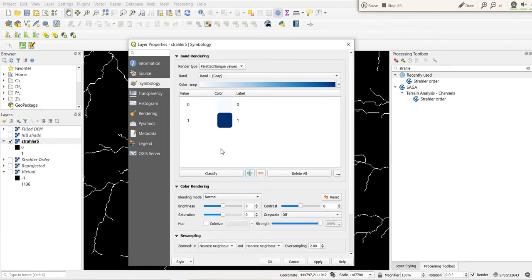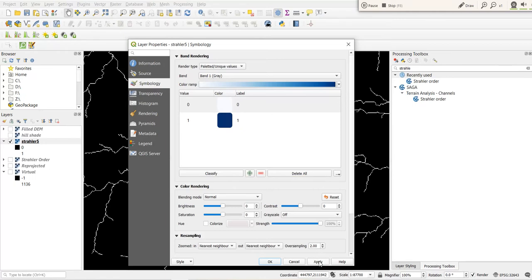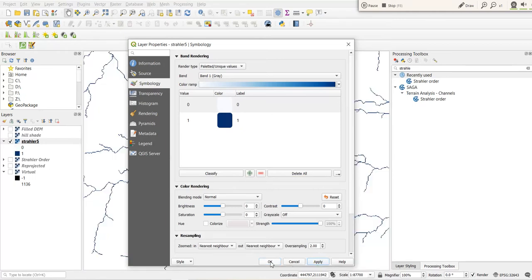If it is not available, it is 0. So there are two values, either 0 or 1. I don't want to see this 0, so go into the transparency, and additional data other than this I don't want, so put it 0 and apply, OK.